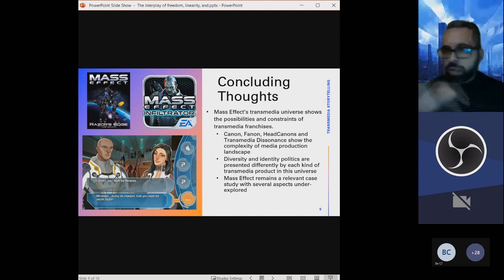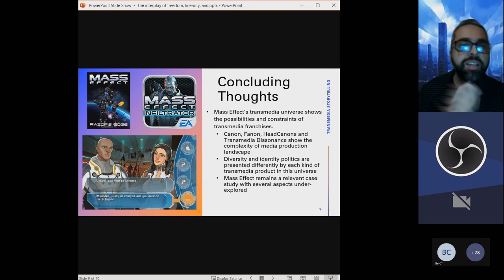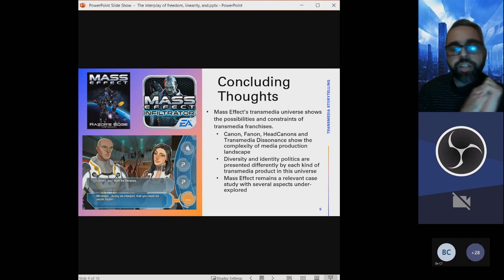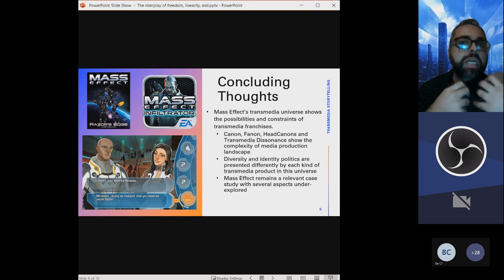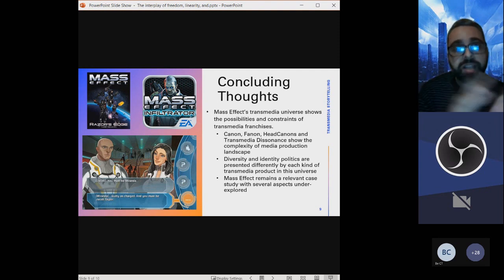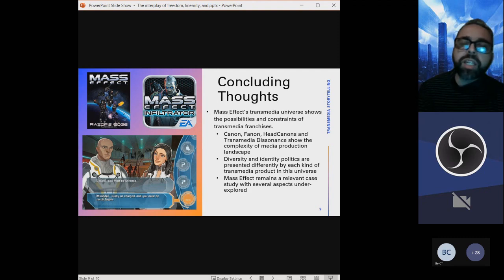It's important to have people do that. This particular transmedia universe shows the possibilities and constraints of transmedia franchises, especially when they involve gaming. One of the main ones is how you negotiate the freedom that the Mass Effect games give to players with the constraints of a book. I know the story of Anderson is the one that's written in the book. There's nothing you can do to change the paths that Captain Anderson takes. Those things are limiting and conflicting with the openness and endless possibilities we have with Mass Effect as a game, and that's where fan work enters the mix.